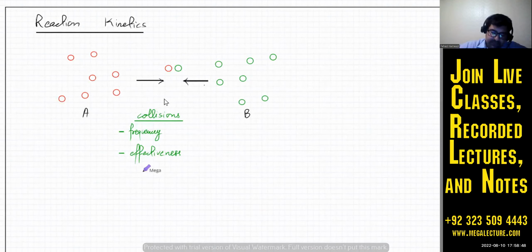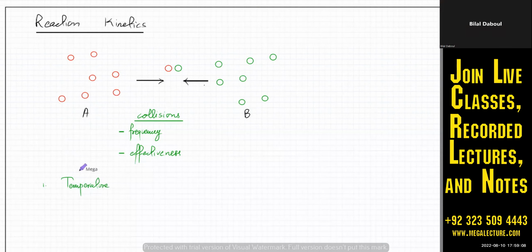Starting with the first one, there are 5 factors that affect the rate of reaction. The first one is temperature. So what does temperature do? Does it increase both things, or does it just increase one thing? What does temperature do? It increases